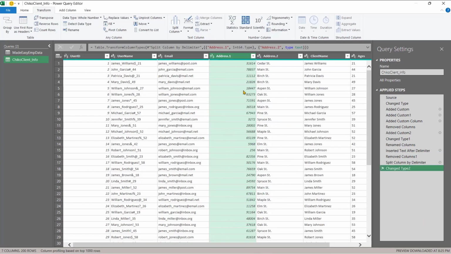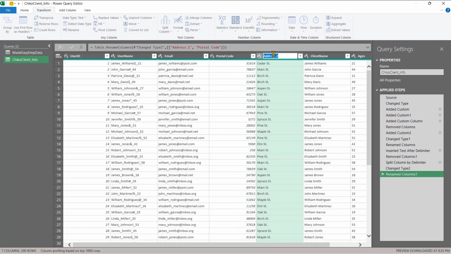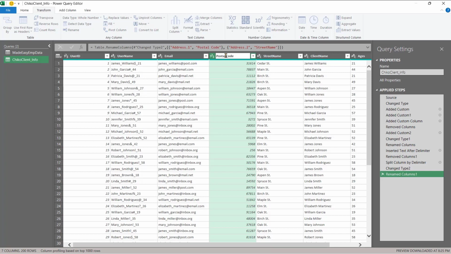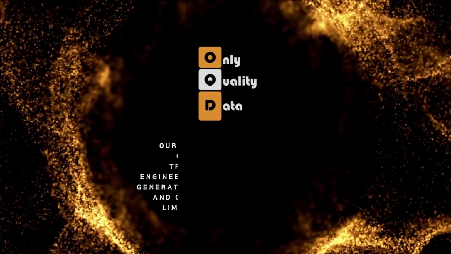Click OK, and then you can see I have my street and then the name together, my postal code. Just one technique, and I get my answer. And I change this to postal code, and I change this to street name. You get it. So now we have the postal code, street name, client name, the ages. Good. So I'm going to